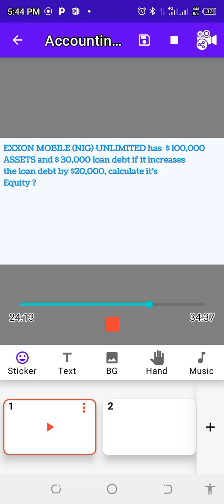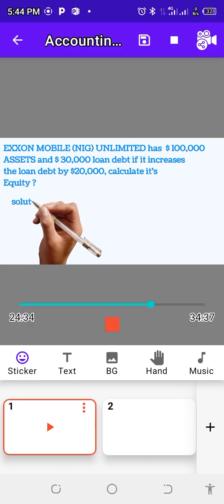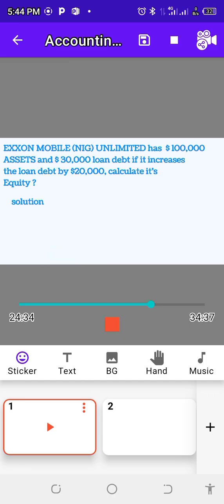Now, this question is very close to your test assignment, and it is just a question of adding the 20,000 to 30,000, so that the loan debt will become 50,000. That is all. And remove it from the assets,